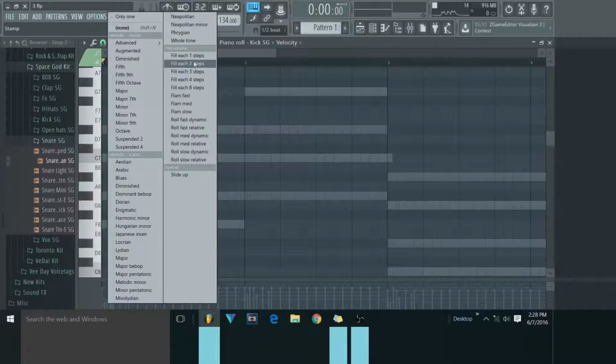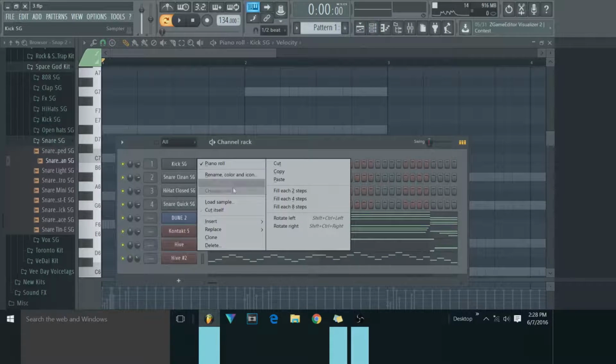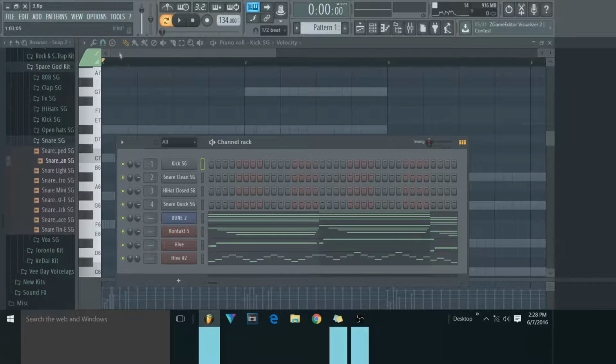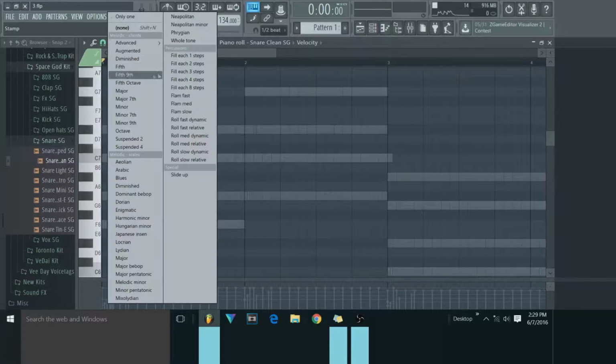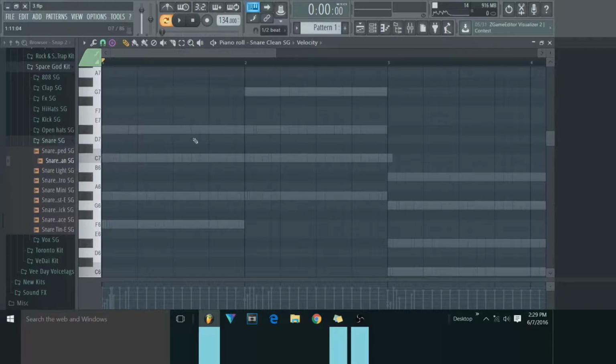You know how you can just go to here and go to feel, feel each, two steps or four steps, whatever you want to do. You actually can come up here to stamps and do the same thing, but you can make slides, and you can make rolls easily. I prefer to do it, the first I start off with this, you know, and then